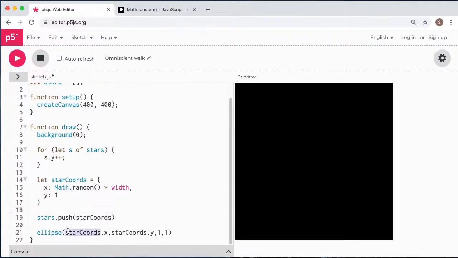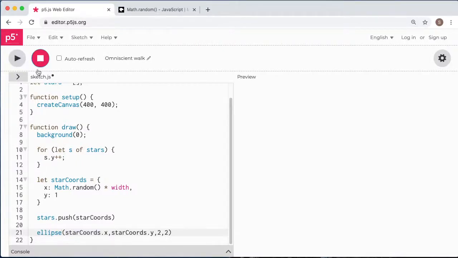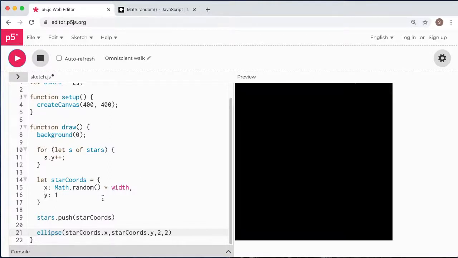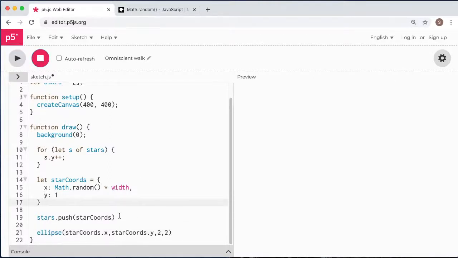Well, maybe this was not enough. At least 1 should be drawn. Still can't see it. Strange. New stars there. We added the stars. We have pushed the stars down. Well, we could, for example, draw another star. Let s of stars,